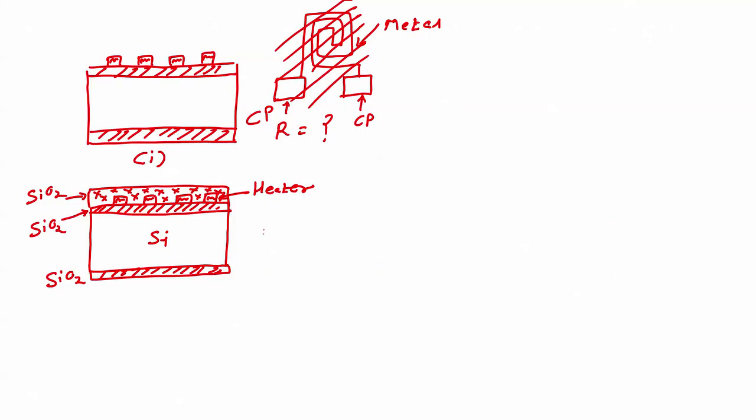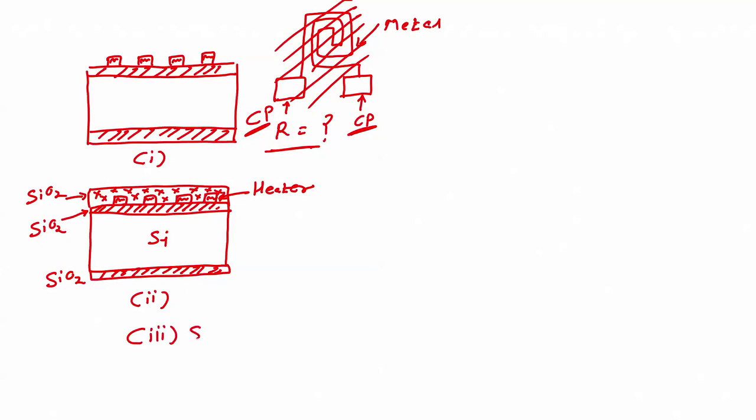Now, when we want to perform this step where after depositing silicon dioxide we have to remove the silicon dioxide from the contact pad, so that we can measure the resistance, what are these steps? That is what we are looking at. Okay. So, this is our second step. Third step, so this is our first step, this second step. Third step